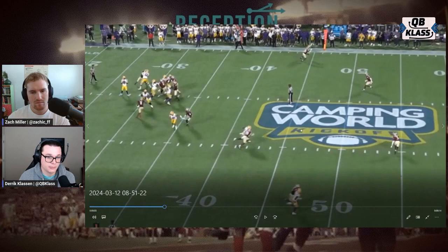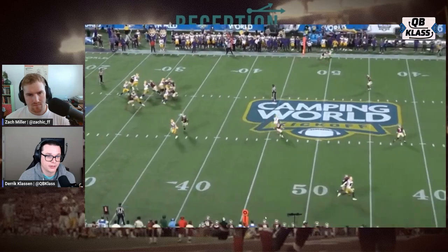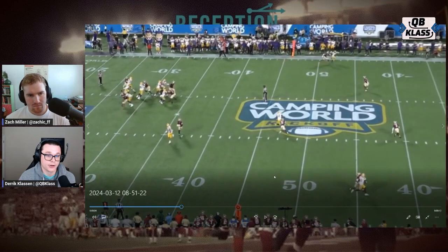You can see it here. Pocket here is fine. He should know there's nothing happening in the middle of the field. It's 2-man, so there's not going to be anybody over the middle. They're really just trying to make sure neither of these outside receivers run digs or anything like that. But this receiver running a medium crosser, whatever you want to call it, is going to be open. It's obviously going to be a tight window throw, but this is an NFL throw that you need to make. Daniels, for whatever reason,